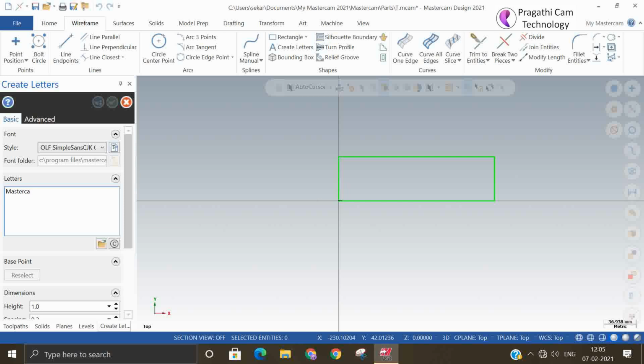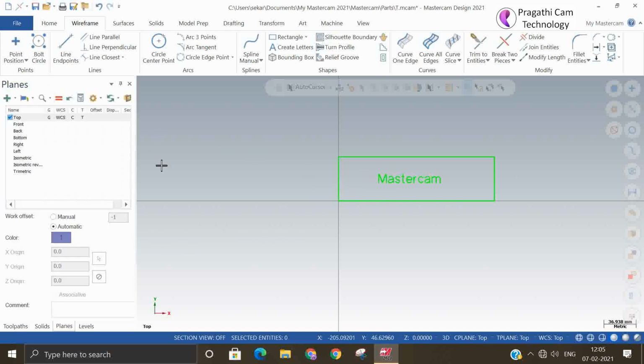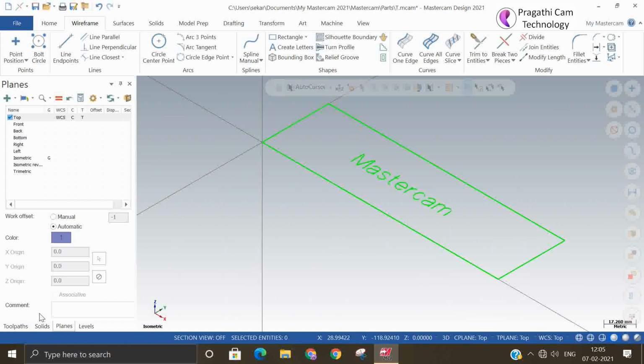I have written some name here. So size is 5 mm. So isometric. I have written Mastercam here. Okay.